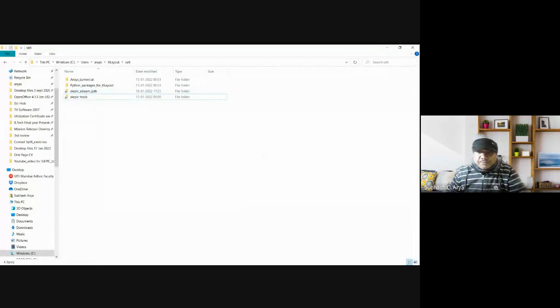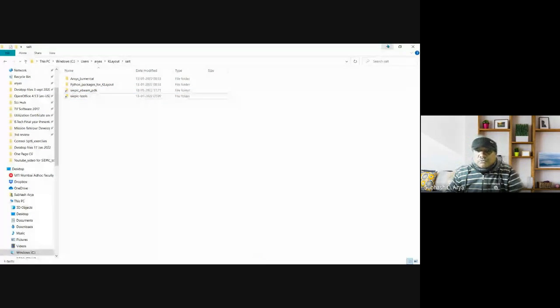So in order to check, I have to open Klayout as an editor, in the editor window, and I'll show you. Just hold on and go to start. Then here this is Klayout, and Klayout editor mode. I have clicked it. It will take time. However, you shall be able to see the SciEpic PDK in your Klayout.